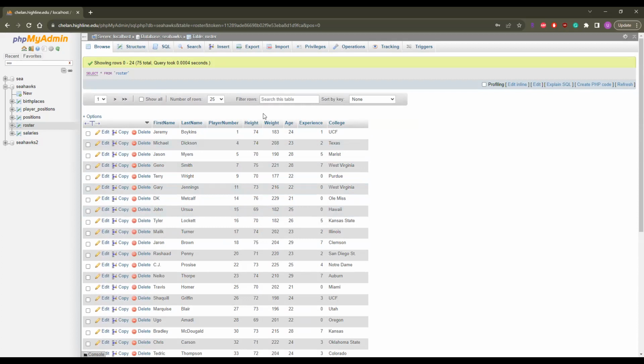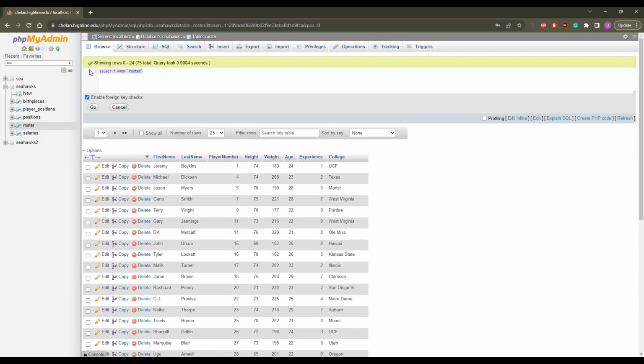All right. One more thing. So we did the update statement, we did the delete statement, we did select, and let's do one more. Let's add Russell Wilson back in. Let's do the insert statement. If you want to add a row to the database, you use the insert statement, insert into,